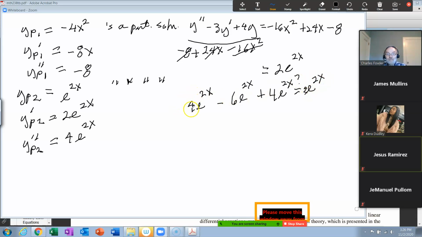Well, 4 plus 4 is 8, minus 6 is 2e to the 2x, and sure enough that is equal to 2e to the 2x. Okay, so this one up here is a particular solution to that. This one here is a particular solution to that. Okay, now the third part,